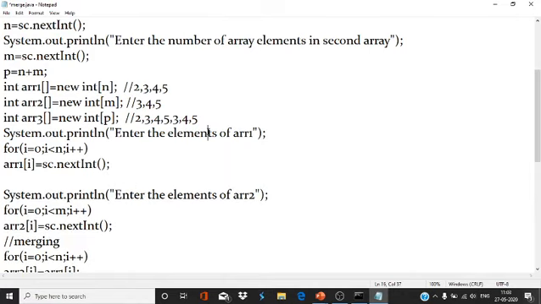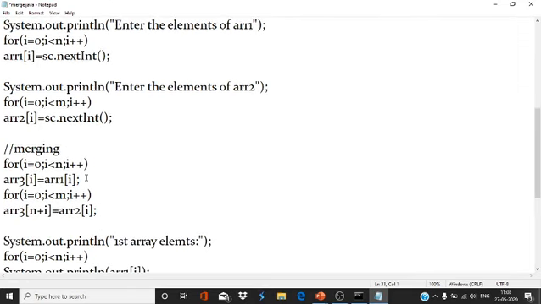I have accepted the values of the first array, ARR 1. I accepted the values of ARR 2 here, and then the merging process started.